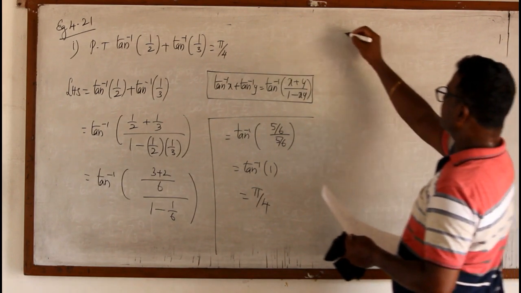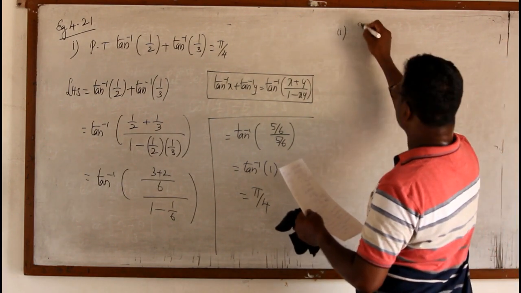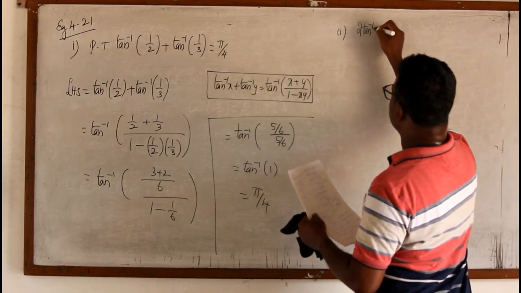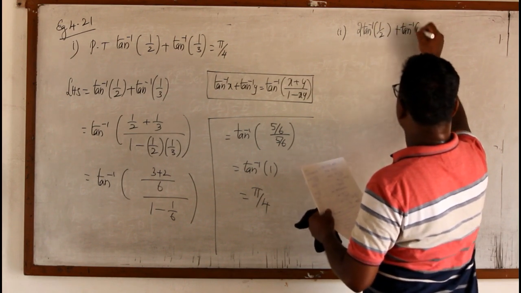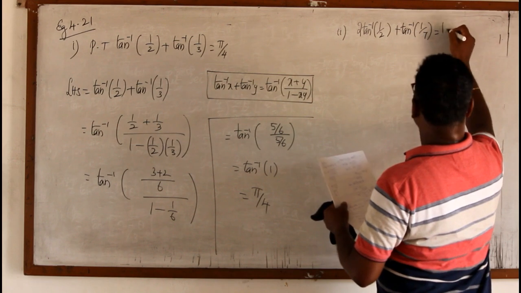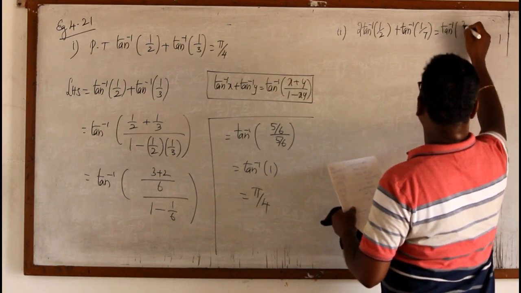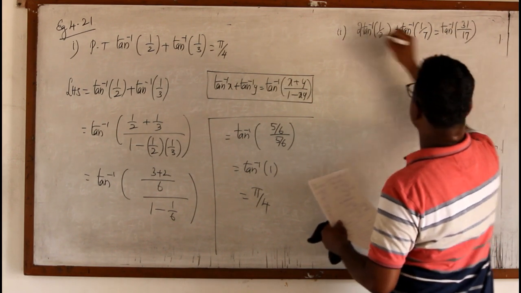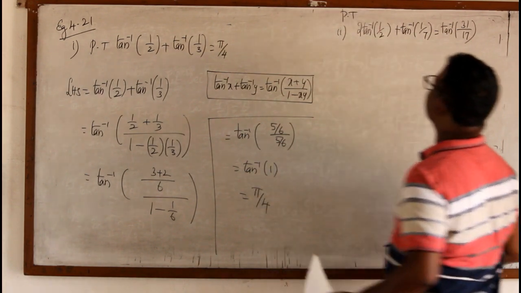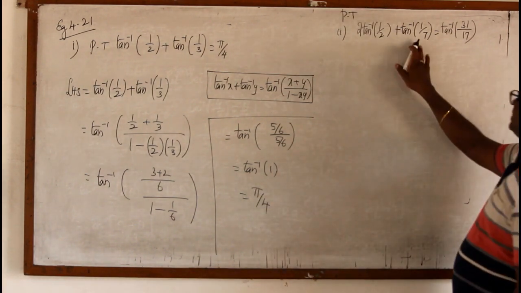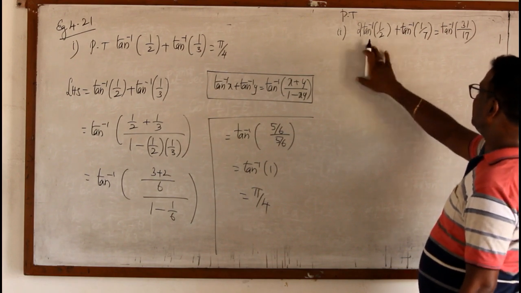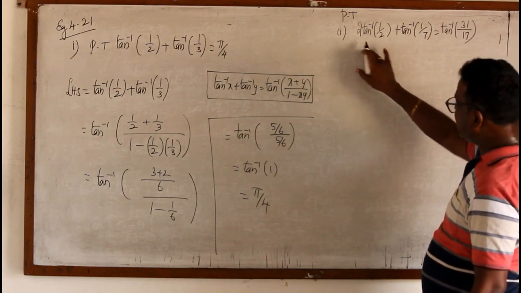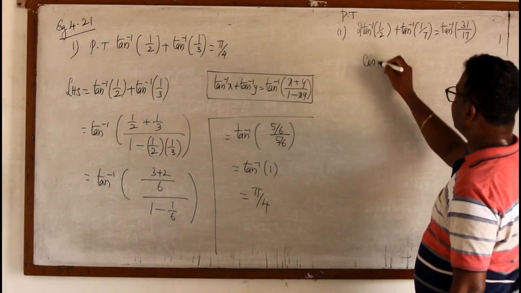Now second problem, slightly important. 2 tan inverse of 1 by 2 plus tan inverse of 1 by 7 equal to tan inverse of 31 by 70. Prove it. Now, here it is tan inverse, whereas this is 2 tan inverse. You don't have any formula to add these two separately. So, take only this 2 tan inverse.